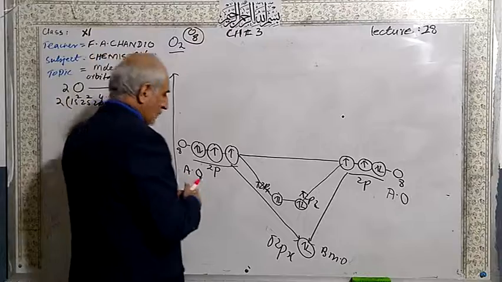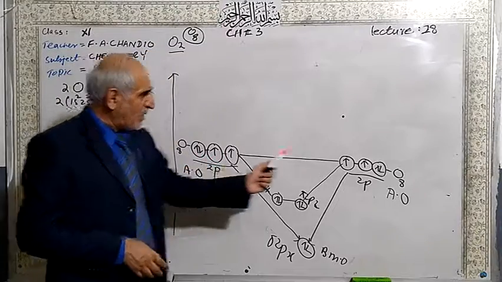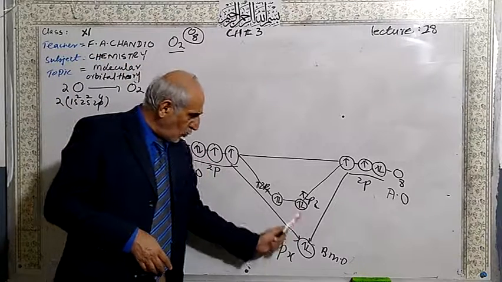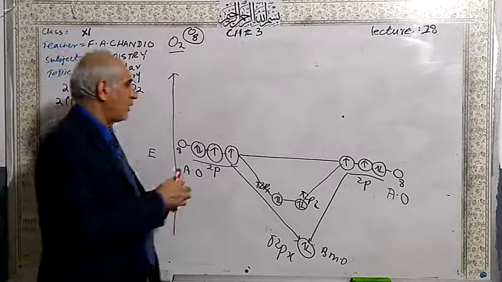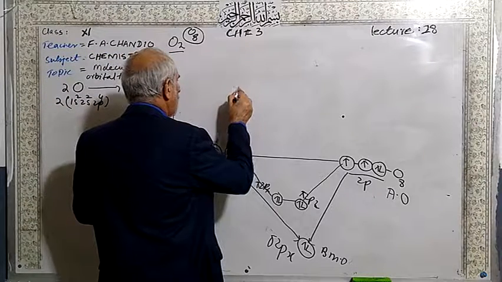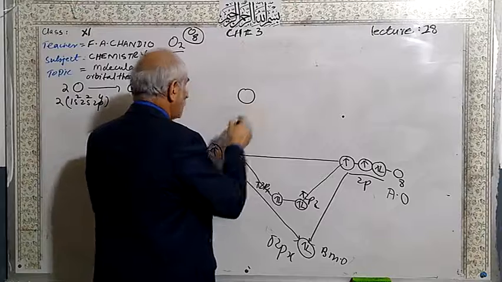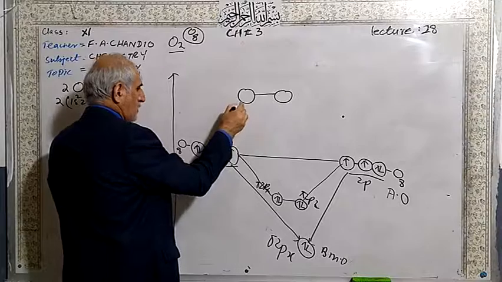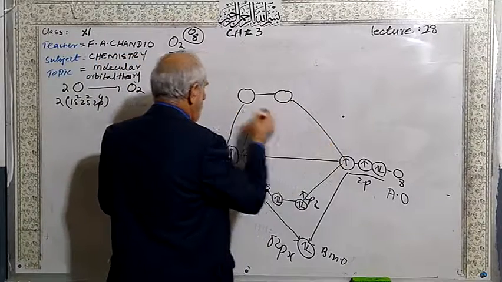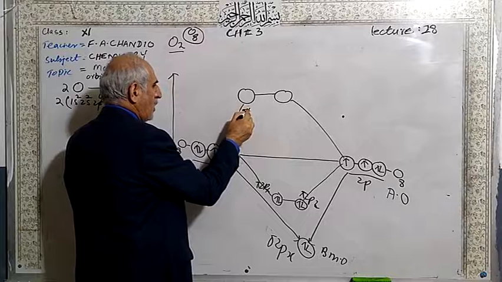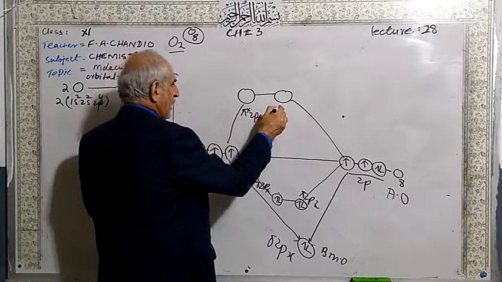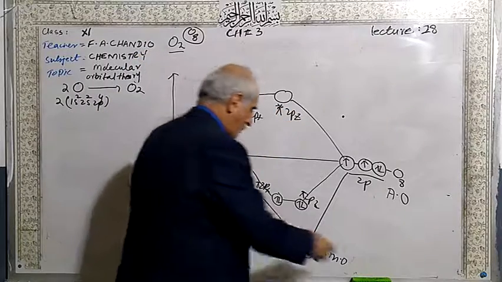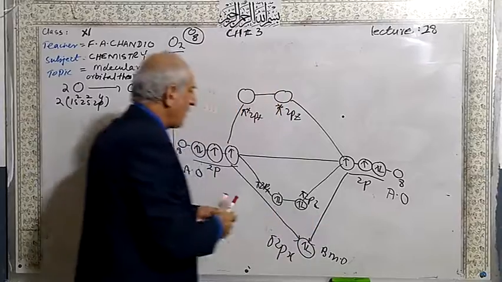Okay, then anti-bonding. 8 electrons: 4 are here, 4 are here. 2, 4, 6, 2 remain. So they must enter. This one is called pi star 2py and this is called pi star 2pz. So dear students,